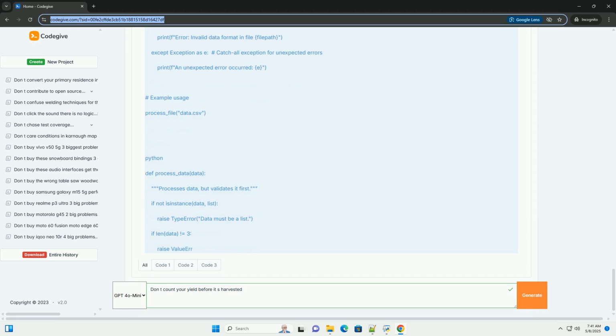Expect the unexpected. Don't count your chickens also applies to assuming that your code will always encounter the ideal or best-case scenario. Real-world applications often deal with unexpected inputs, network errors, resource limitations, and other unforeseen circumstances. Planning only for the happy path leads to fragile code prone to crashing or misbehaving when faced with adversity. Common mistakes: